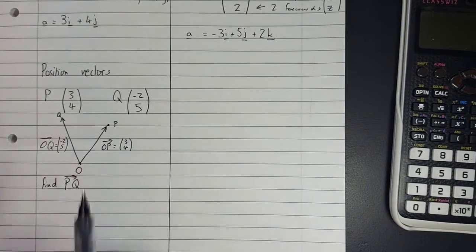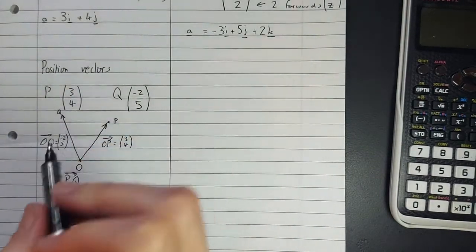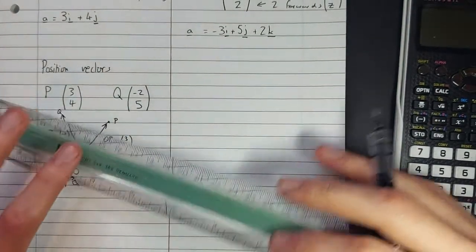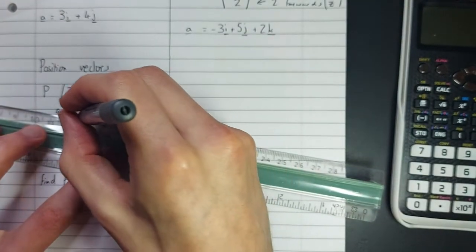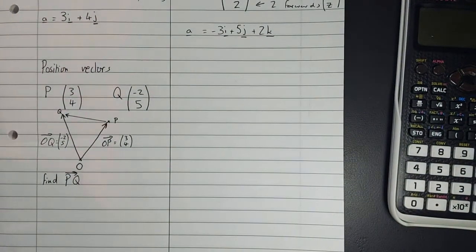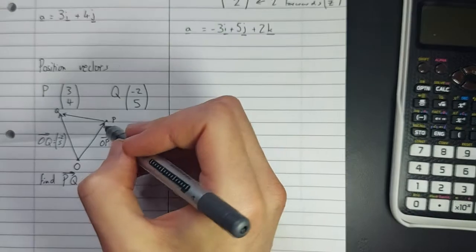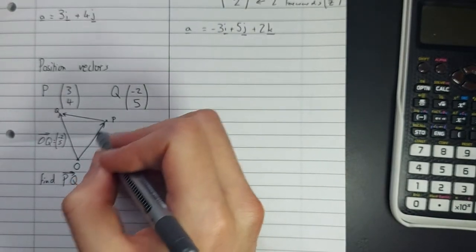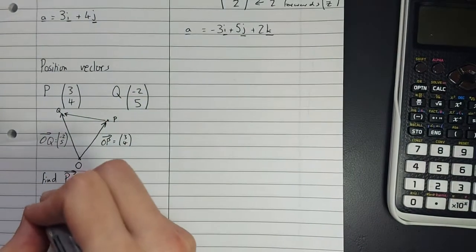Okay, so we want to go from P to Q. Right, so the vector we're working out is, I'll add a straight line in here, why not? Is this one here. Okay, now we don't have information about that, but if you remember from vectors you've done before, we can use these lines to get from our starting point to our destination, okay? So we can work out PQ